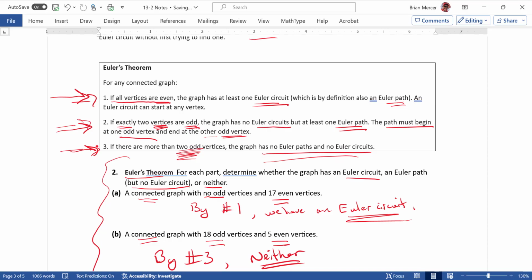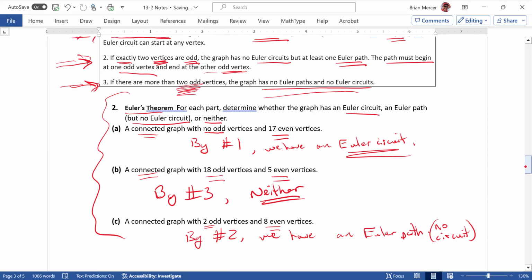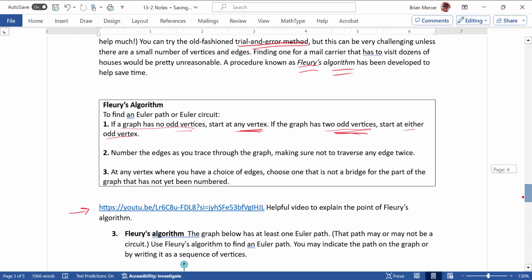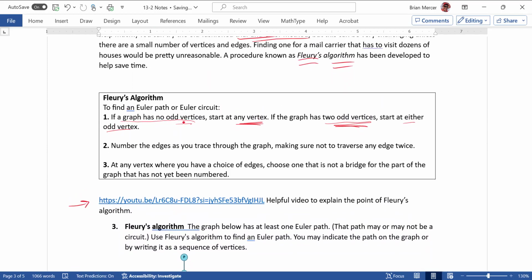Or in fact, even if there's one odd vertex, then it's still not going to work. So the only time that you're going to have an Euler circuit or an Euler path is if you have no odd or two odd vertices. So that's an important thing to observe out of this. If there's no odd, you can start anywhere you want and you're going to be able to find one. If there's two odd, you start at one and you have to end at the other. Now,